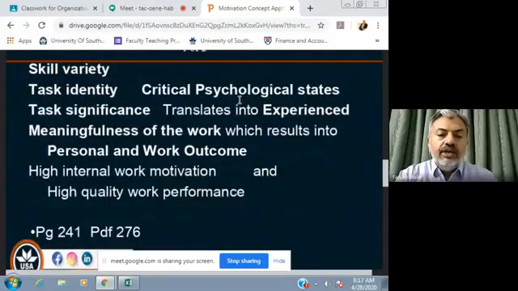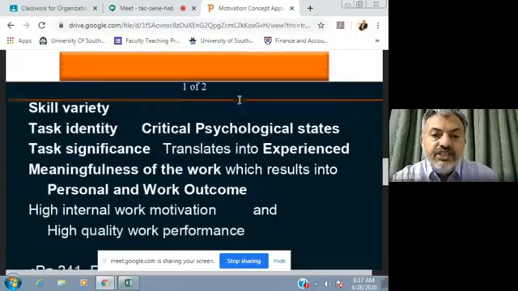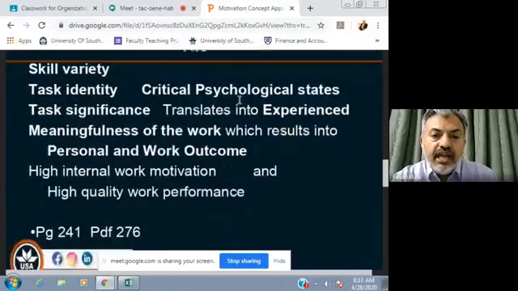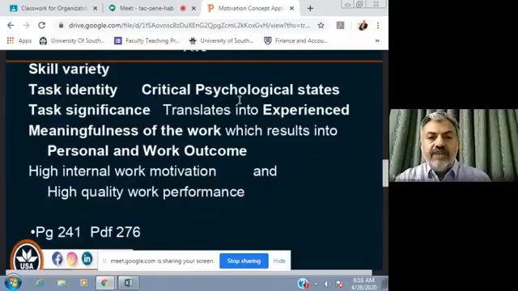Now you have to turn to page number 241 of your book or PDF 276. There they have clearly explained this job characteristics model, and all the job characteristics are lined up on the left hand side: the skill variety, task identity, task significance,